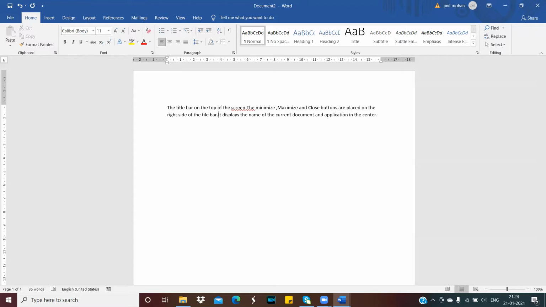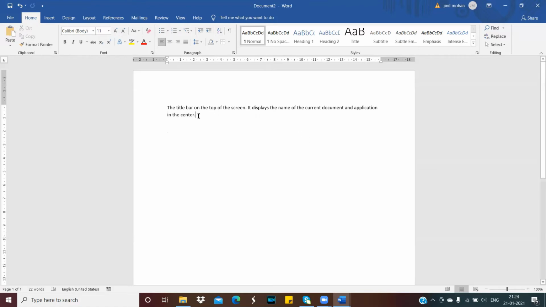Here, now I want to move this middle sentence to the end of this paragraph. How can I do it? First, I have to select this sentence. Yes, I have selected that sentence. Now I have to move it to the end of the paragraph. How can I do it? For that, first I have to cut it. From the Home tab, you can select this first option, Cut. Click on it. Now it has been cut from this place.